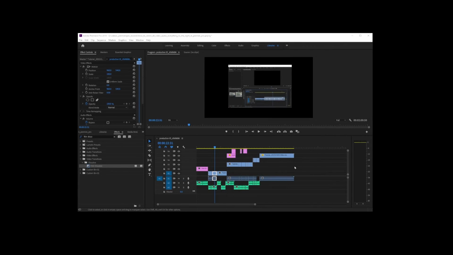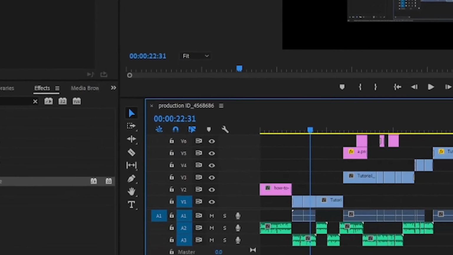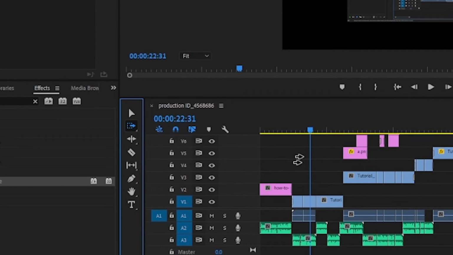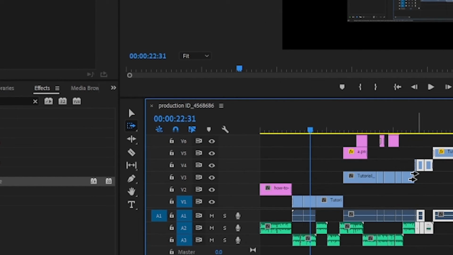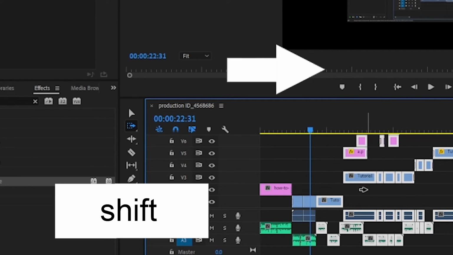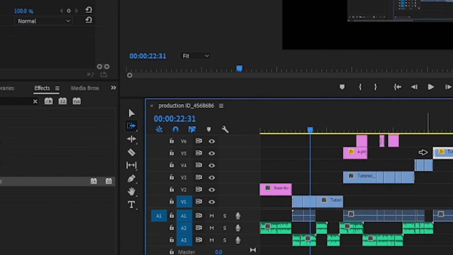Now, there's one last thing you need to know about Track Select Forward tool. When you click on a clip, it will select everything on all other tracks as well, whether it's images or audio. But if you press and hold Shift, your cursor will change to a single arrow, and from now on, you'll be able to select everything to the right on a single track, whether it's a video clip, images, or